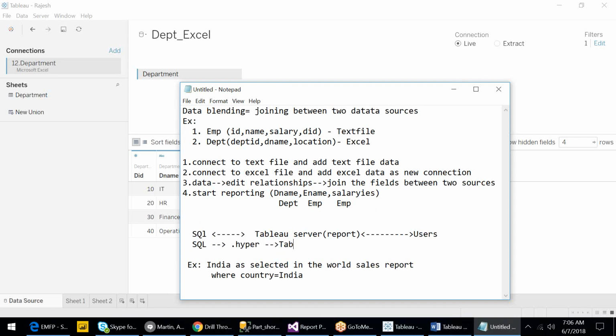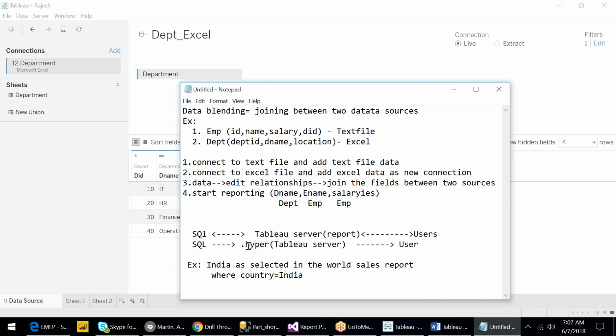The .hyper file is part of Tableau Server only, right? Next is the user. Once it is connected to SQL, it gets the whole data into the hyper file, which is a Tableau-formatted, compressed file. Whatever the size in SQL, it is not stored the same way here. If SQL has around 1 GB of data as a result, that 1 GB is compressed, and then